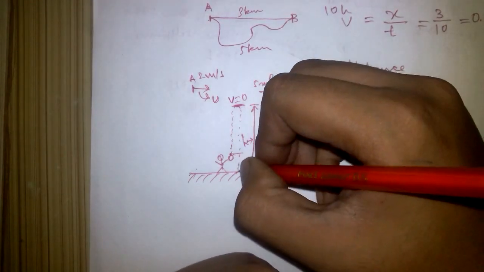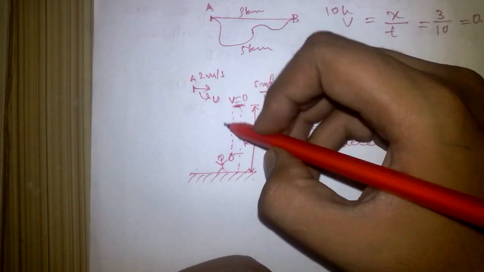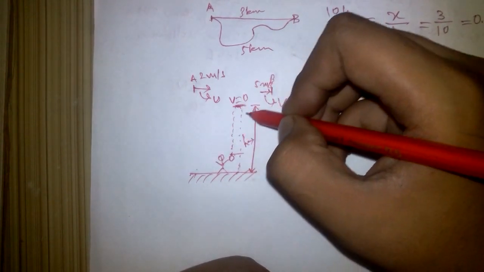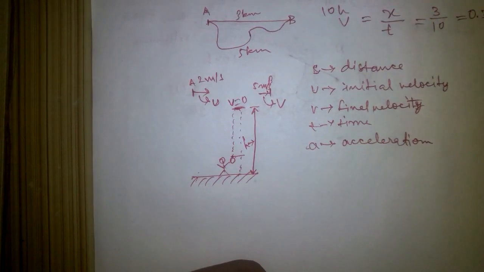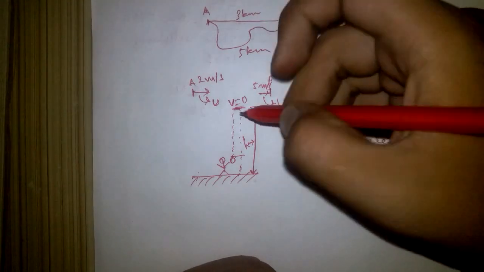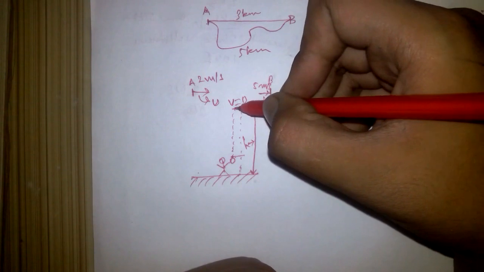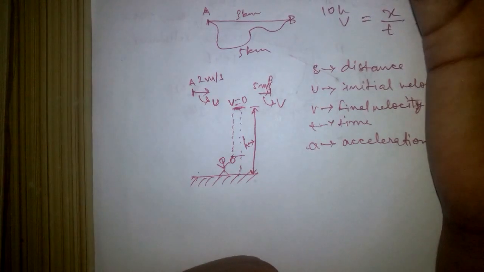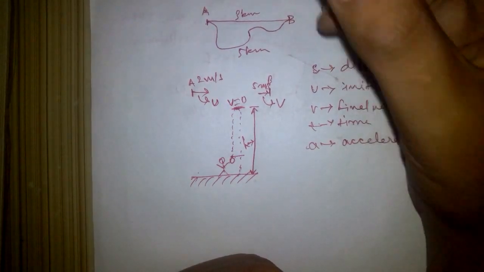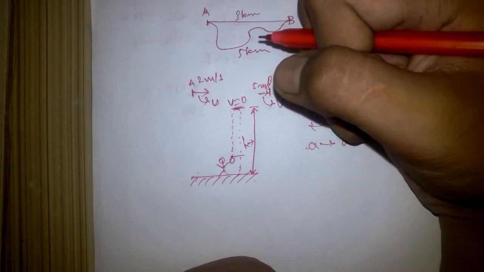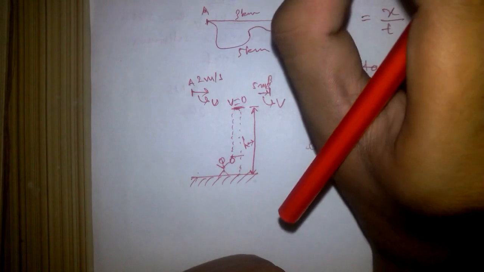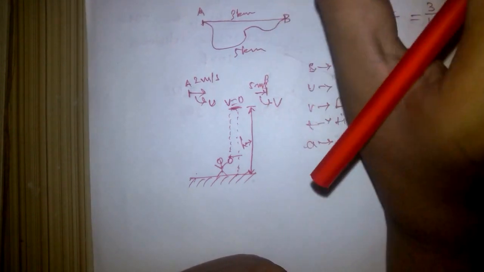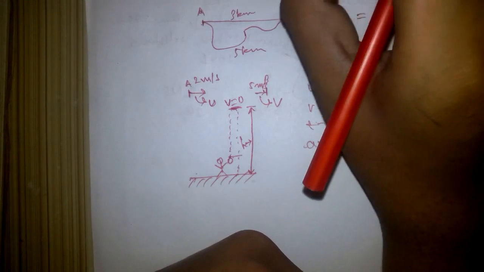This path is termed as trajectory. This is a case of projectile motion. So later in the videos on kinematics, I will be showing you what projectile motion is. Here the final velocity upwards will be 0, because you have observed that whenever you throw a ball perpendicularly from the surface, at the highest point, for a second or a millisecond or even a nanosecond, the ball comes to rest for a very short period of time.